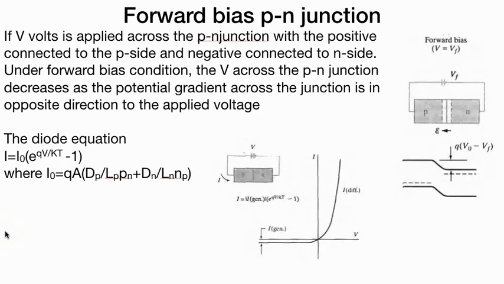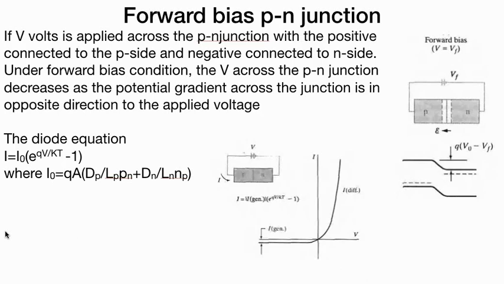Forward bias PN junction. If V volts is applied across the PN junction with the positive side connected to the P side and negative side connected to the N side, under forward bias condition, the voltage across the PN junction decreases as the potential gradient across the junction is in opposite direction to the applied field. The diode current I0 is